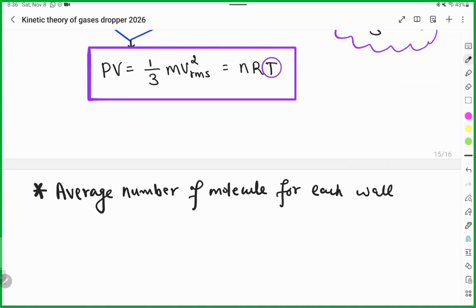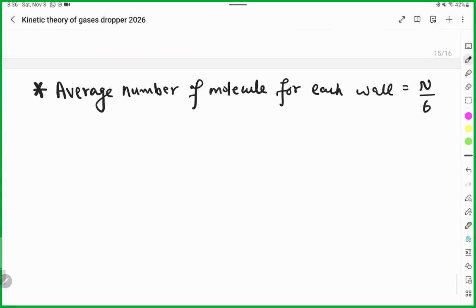You know the total number of molecules present in one room, one cube, is n. And we have a total of 6 walls in a room. 4 side walls, 1 roof, 1 floor. Right? 4 are side walls, there is a roof and a floor. Total 6. What is the number of molecules present for each wall? Total number of molecules divided by 6. Makes sense? This is logical,